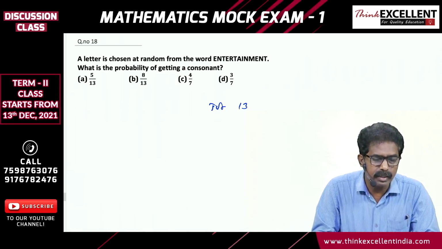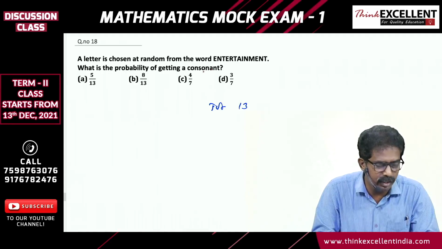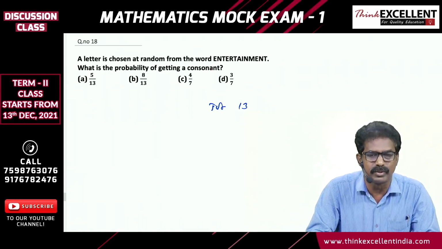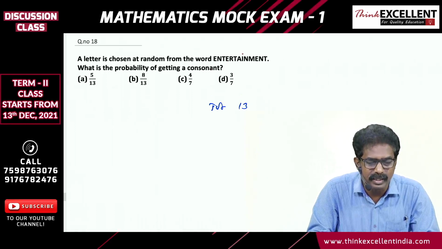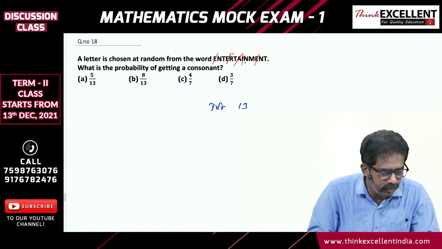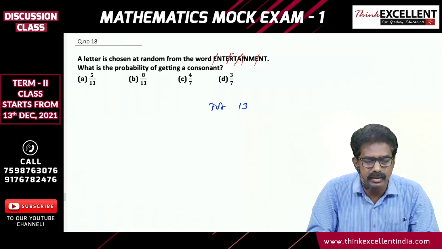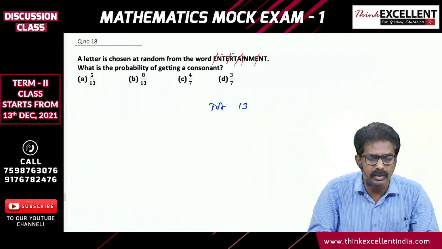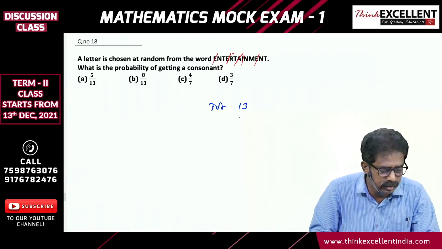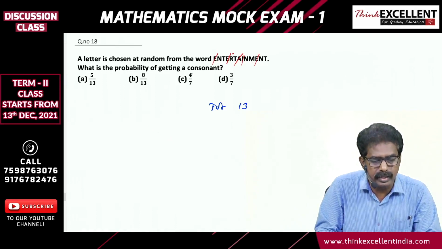What is the probability of getting a consonant? See how many vowels are there, how many consonants. Vowels will be easy for you, right? So see how many vowels are there. Strike out all those things. A, E, then I, yes, one I is there. So just to count it, all the vowels you leave. You can see 5 vowels, right? So remaining are all consonants, 8. So the probability of getting a consonant is 8 by 13.